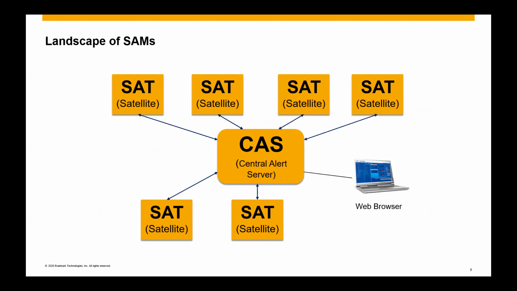When we deploy Bradmark Surveillance, we have our central alert server, or CAS, where people can log in. You can browse to different databases, different servers, get in a central place for alerts, those kinds of things. We also have our satellites, which allow you to see the actual databases and things like that. So it's a very federated kind of system, and the data is also federated between all of this as well. This is especially important when it comes to the cloud environment, where you may have SATs that are in the cloud, you may have SATs that are on premises, and those kinds of things, which we'll cover in just a moment.